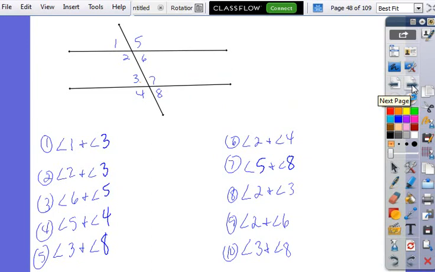Now, if I said what is 1 and 3, we should automatically know that's corresponding. 5 and 6, linear pair. 5 and 8, consecutive exterior. The problem is they're probably not going to ask you that straight out. What they're probably going to do is give you a proof